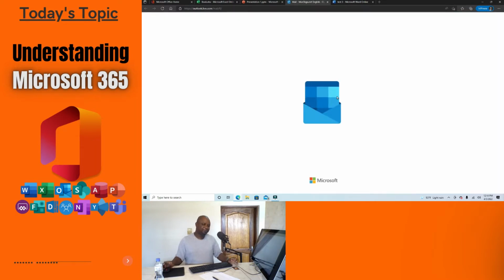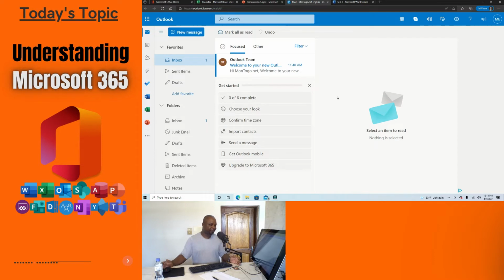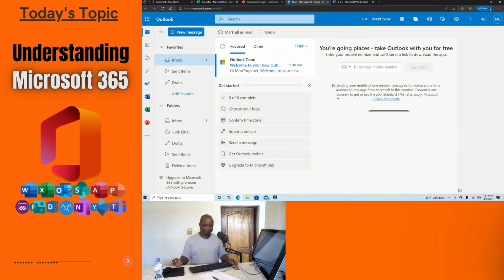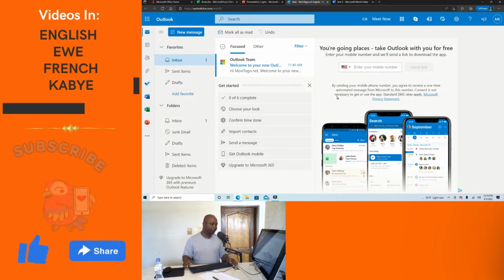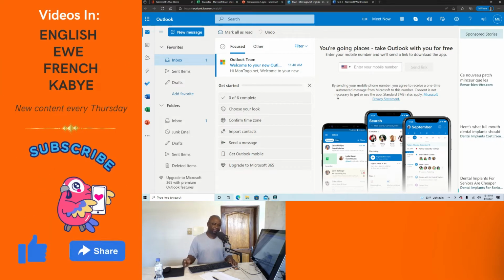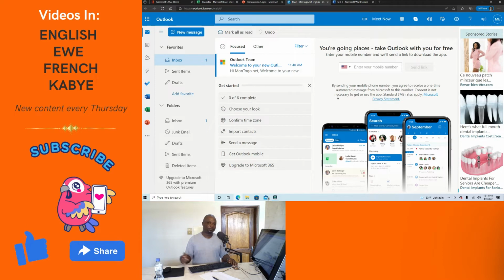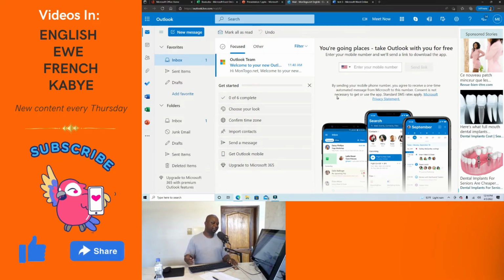Okay. Outlook is an email service, just like Gmail or anything else you may have used before. So if you are an old-timer like me, I'm sure you have used Hotmail before. So pretty much Outlook is Hotmail. It's just rebranding. So it gives you access to certain storage space online, and then you can use it